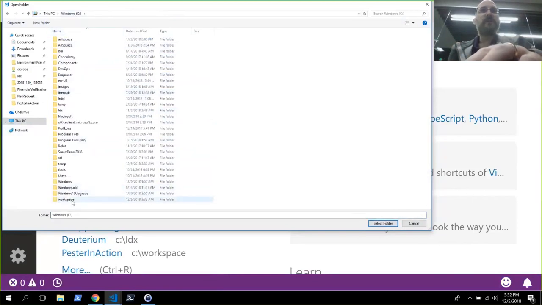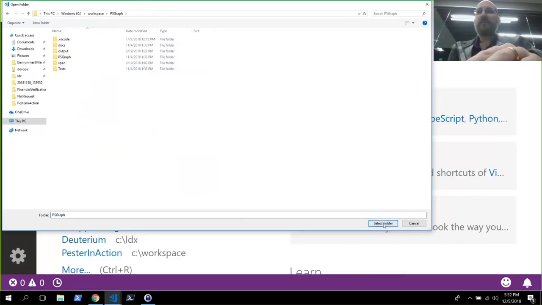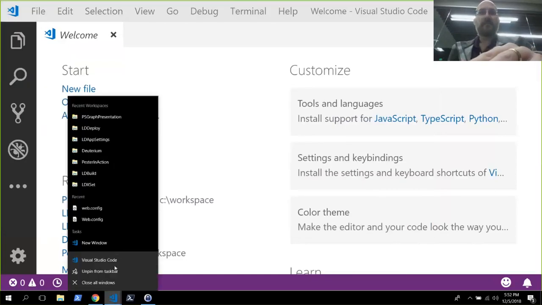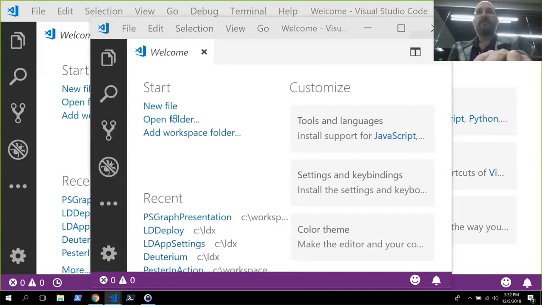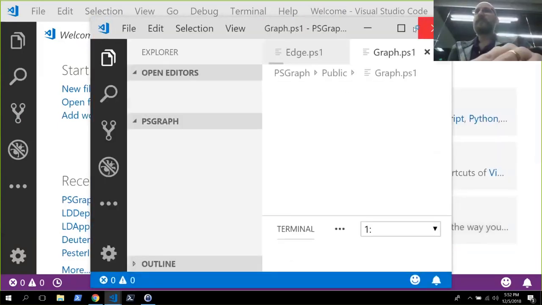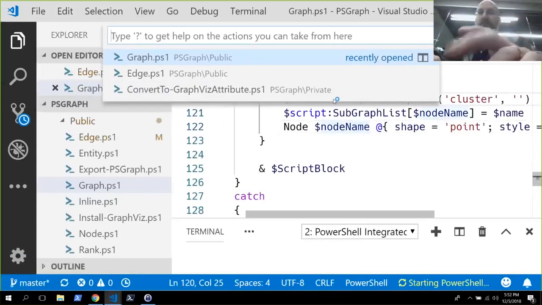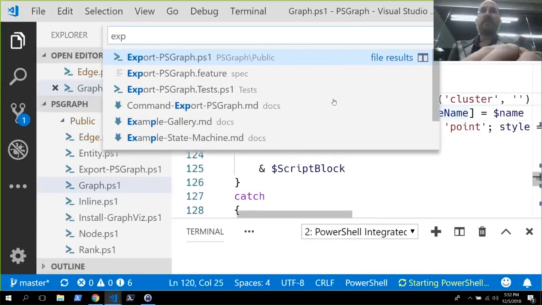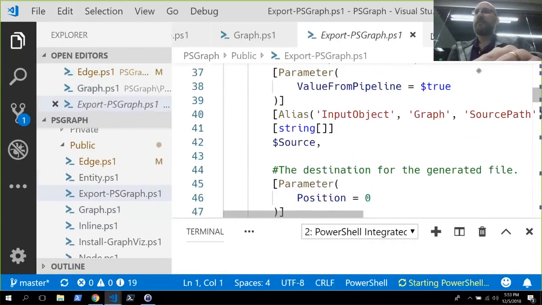Not Windows, Workspace, PSGraph. Actually, I started a new window, didn't I? All right, file, open folder, and export PSGraph. And I think,